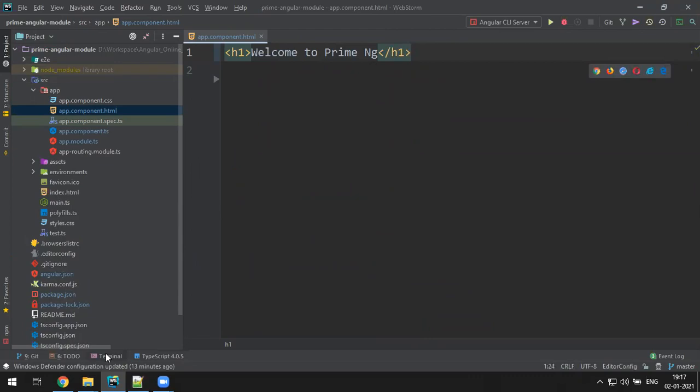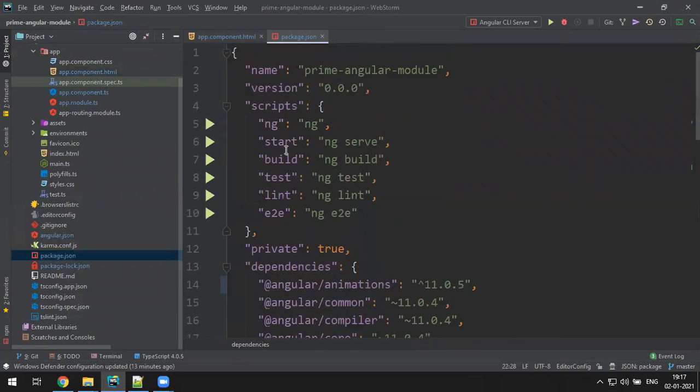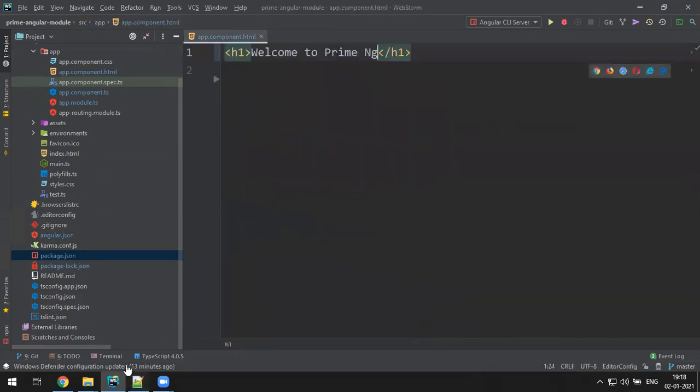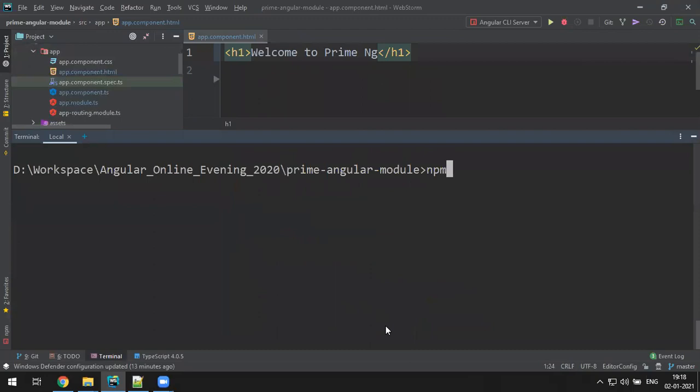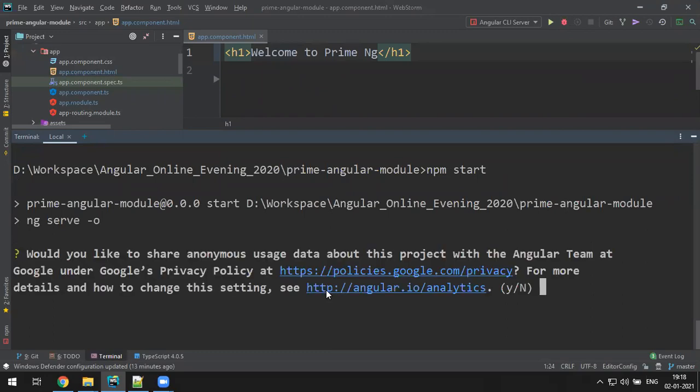Okay, so let's start. But one thing we have to do before you start, it's a fresh project, right? So in the Angular start script, ng serve -o opens a browser automatically, right? This you know. So we're going to write npm start with -o. Save it. Go back here. npm start. You want Google privacy?